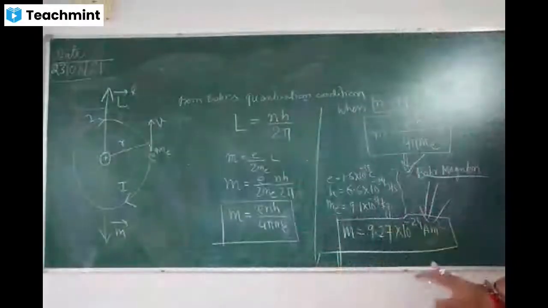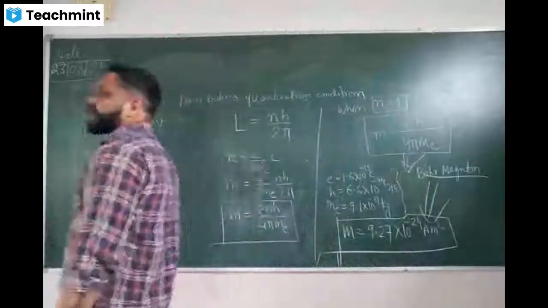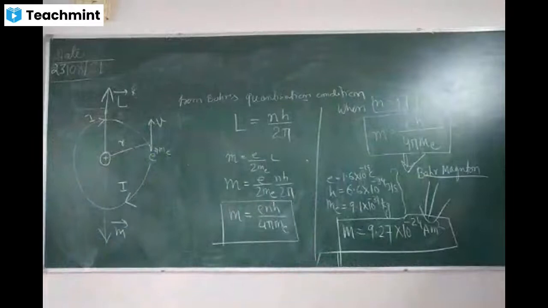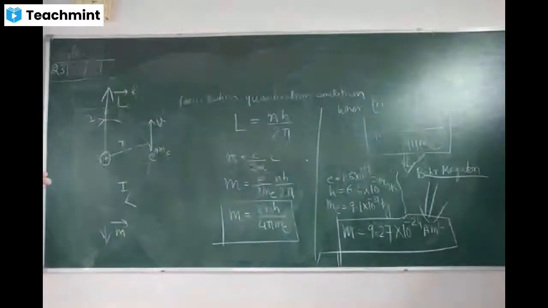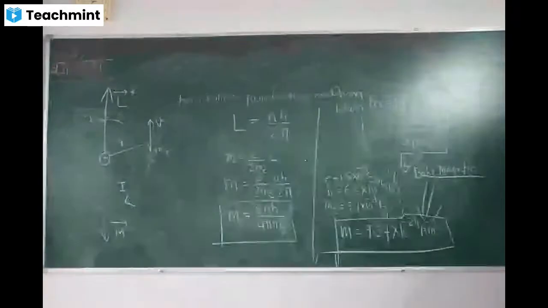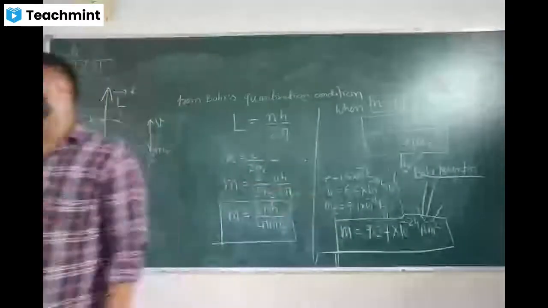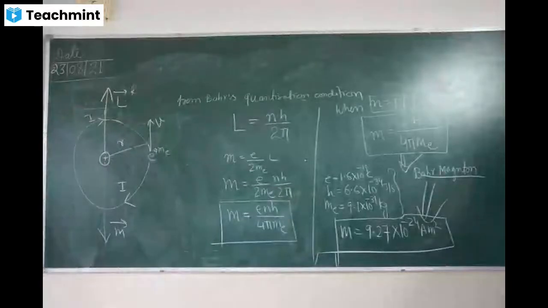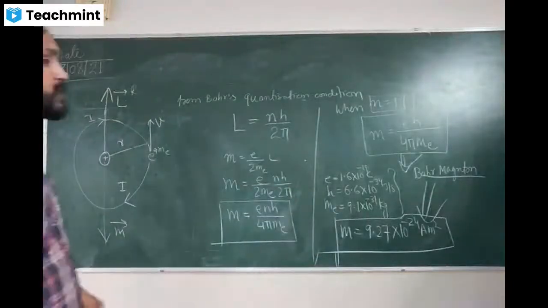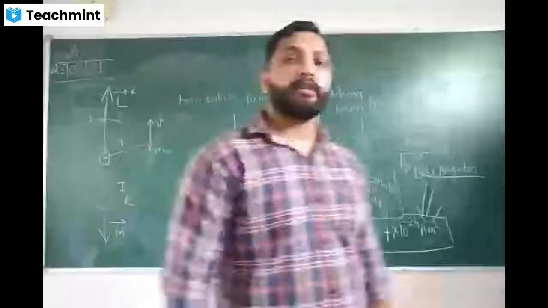Noted, everybody. Very important topic. In an MCQ it may be asked what is the value of the Bohr magneton. Lots of options are given. It might be 9.27 into 10 to the power minus 24 ampere per centimeter square that is also given. But you must know that the unit of magnetic moment is ampere meter square. Its value is 9.27 into 10 to the power minus 24. So this is the value. Noted, everyone.